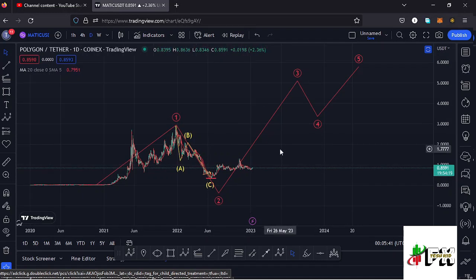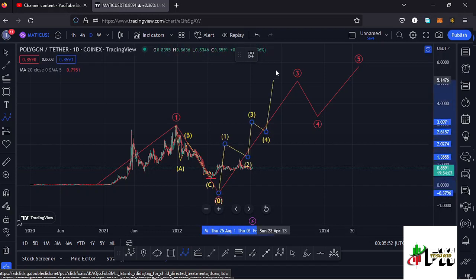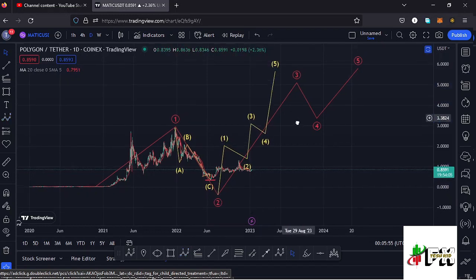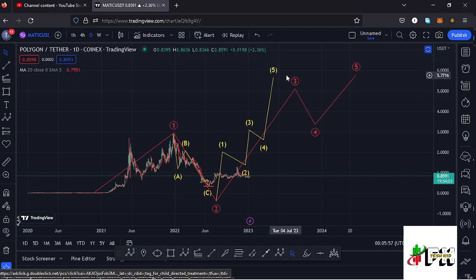And after seeing the formation of a higher Elliott wave count 2, whatever we expect next is a bounce to the upside in the formation of a higher Elliott wave count 3, which is an impulsive wave. And because of its impulsive nature, we also expect to see a 5-wave structure in formation within that higher Elliott wave count 3, having the wave 5 completing the formation of that higher Elliott wave count 3 to the upside,